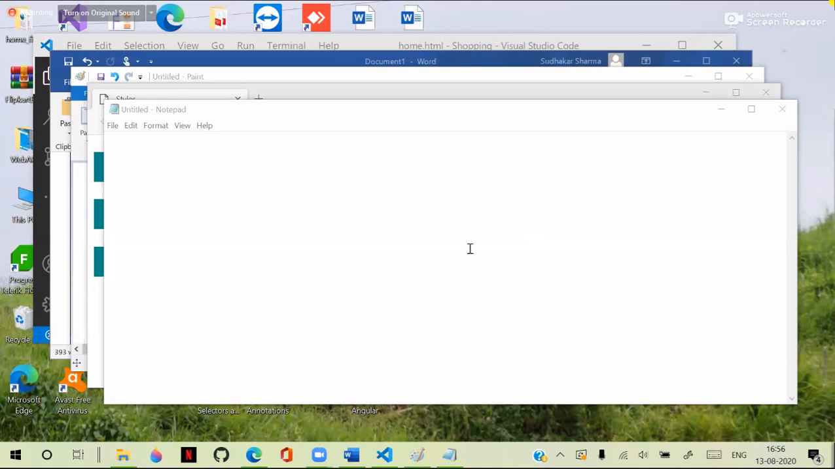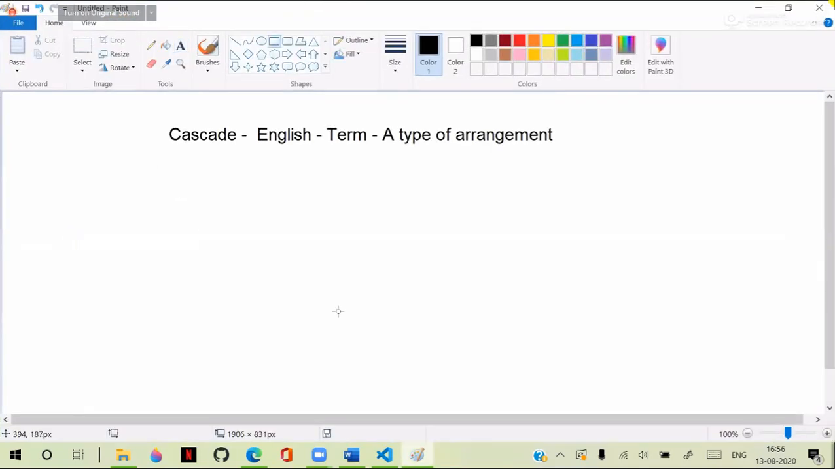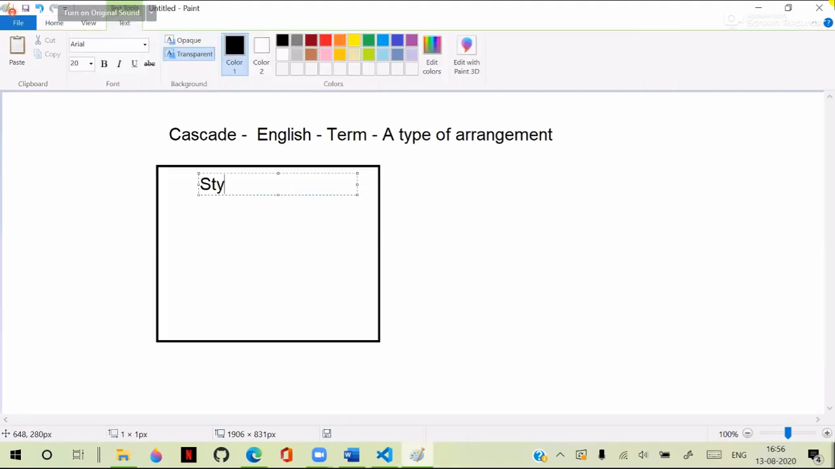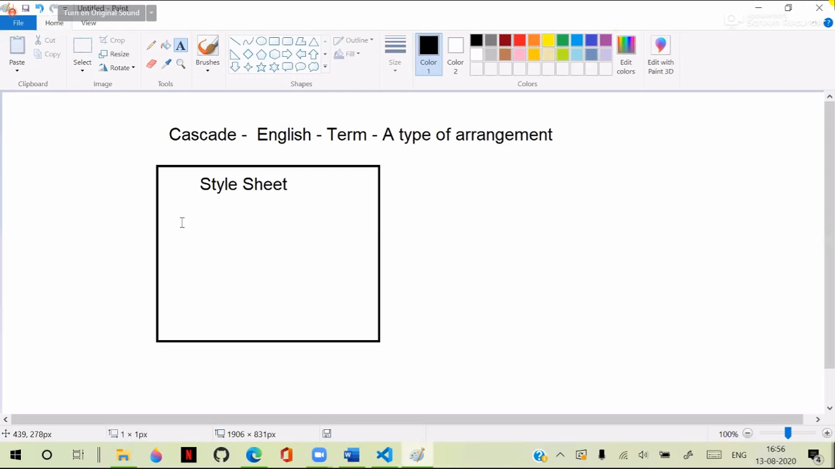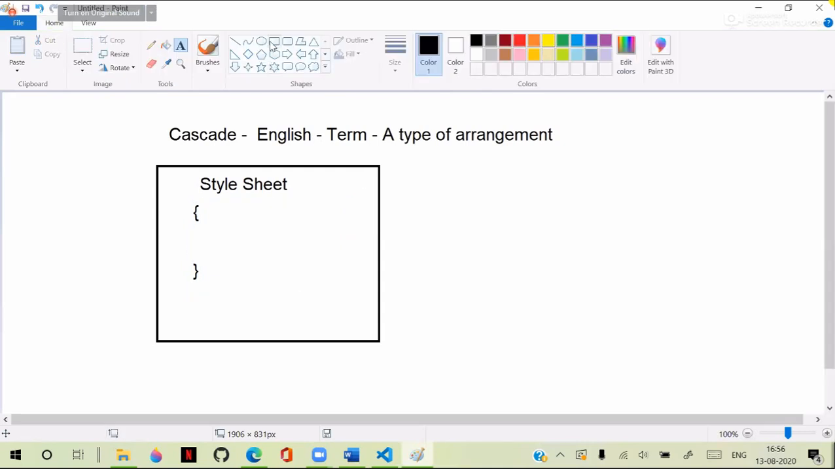So what is this cascading of style sheets? It means you have styles, and the styles are present in a separate style sheet. Here we are defining some styles. Now on the top of this style sheet,